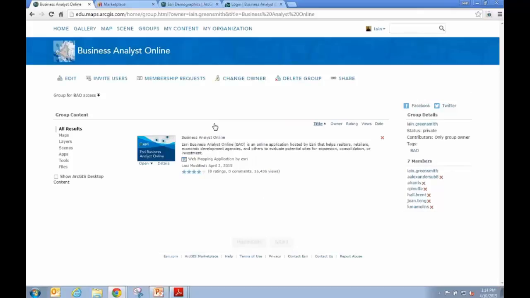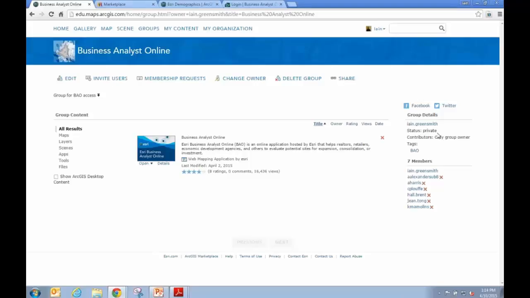Once it refreshes, I'm in the group now, and you can see here that I've shared access to the application with 7 members, myself included, and then other members of the education and research team. Now, as the group owner, I can choose if the status is private, public, or solely visible within the organization. I've left it to be private so that people can't find the group, but that is